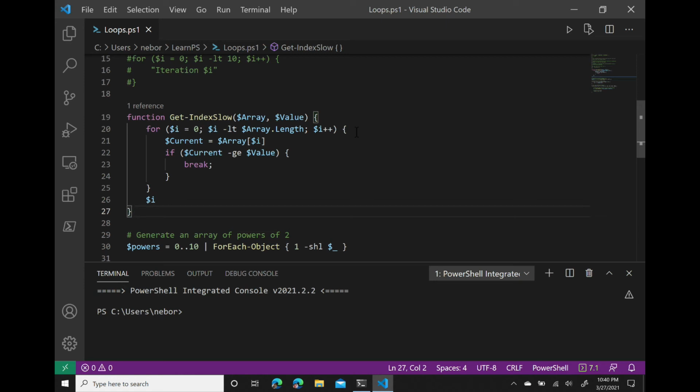Now, we're assuming that this array is sorted, that is, it's in ascending order. Now imagine you were looking in a dictionary or a phone book or something. Of course, do people still use dictionaries or phone books? Well, anyway, if you were looking in an actual printed dictionary and you wanted to find something in alphabetical order, you wouldn't start at the beginning of the dictionary and page through it from A all the way up to whatever you were looking for. If you're looking for a word that starts with M, you would go somewhere in the middle of the dictionary, and if